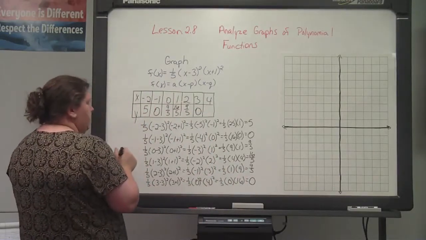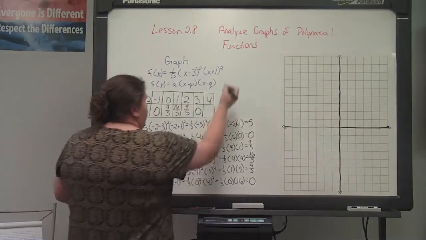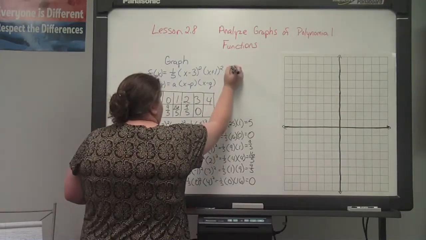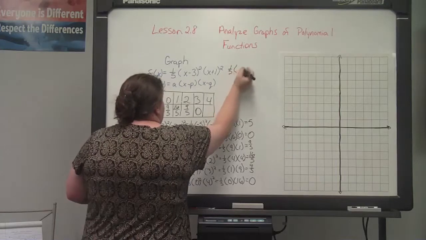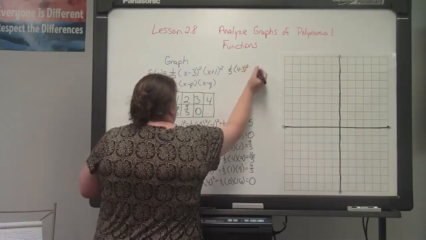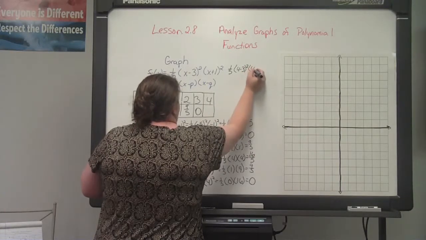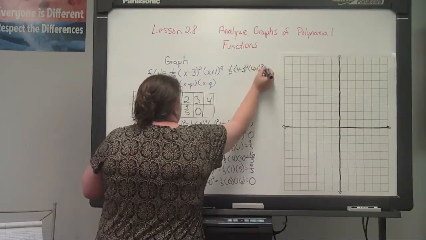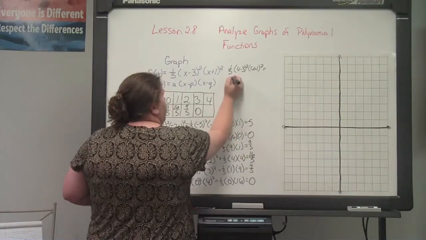The last one, I'm going to put up here, I have 1/5 times (4 minus 3) squared times (4 plus 1) squared equals, again,